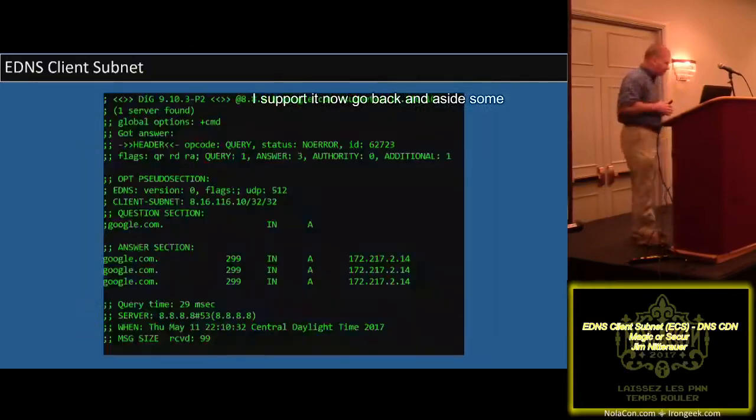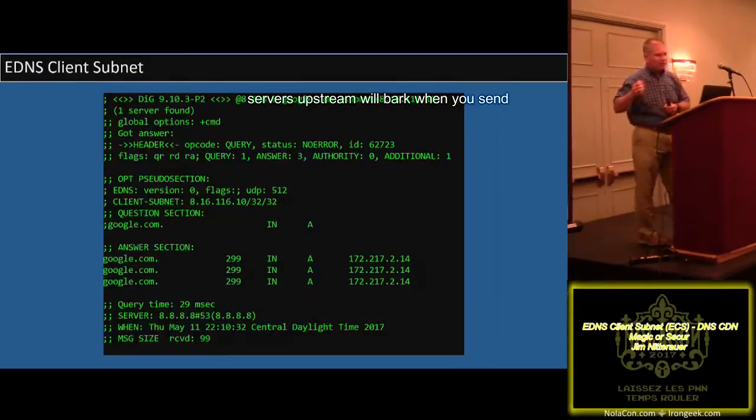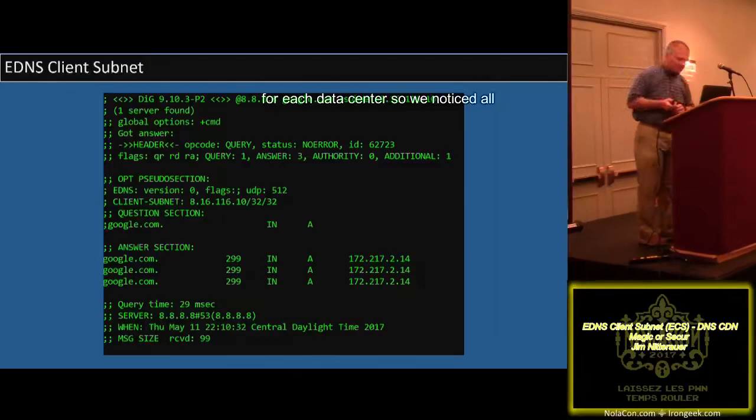Now, an aside: some servers upstream will bark when you send them client subnet data. Disney was a great one to do this. When this first got rolled out, we deployed this in our cache center to send out for our clients, because our clients are not all in the same area. They're all over the region for each data center.